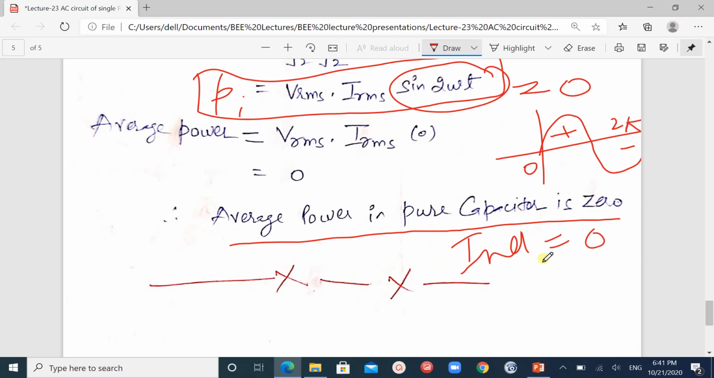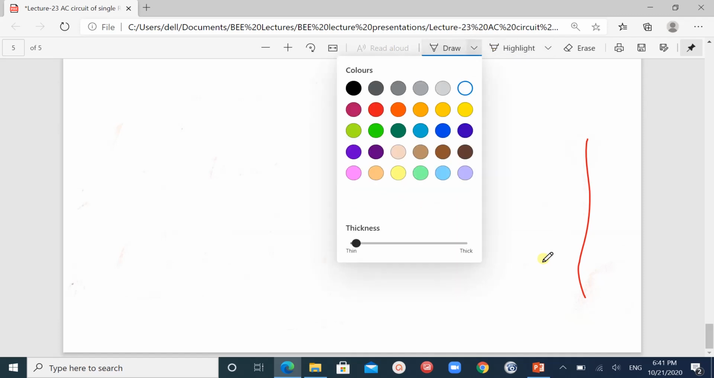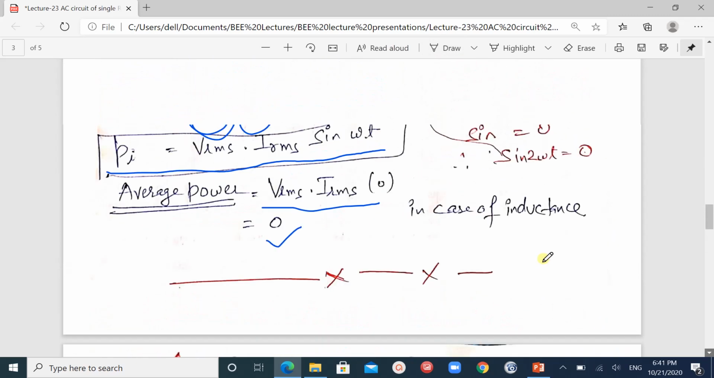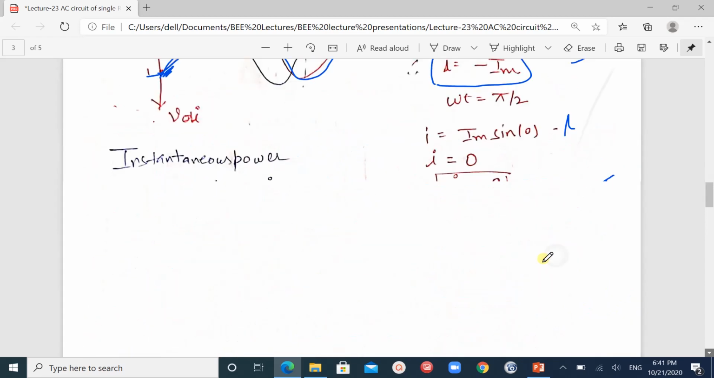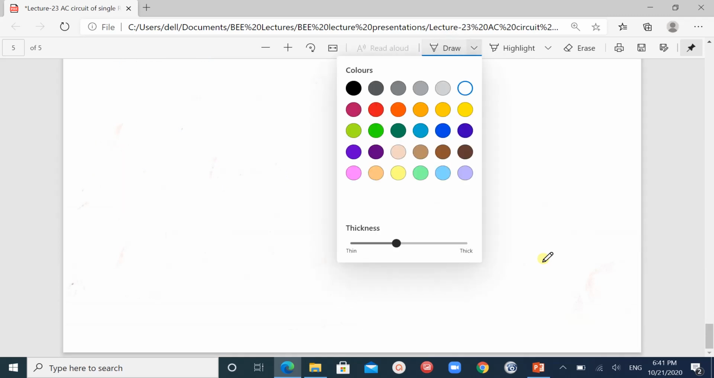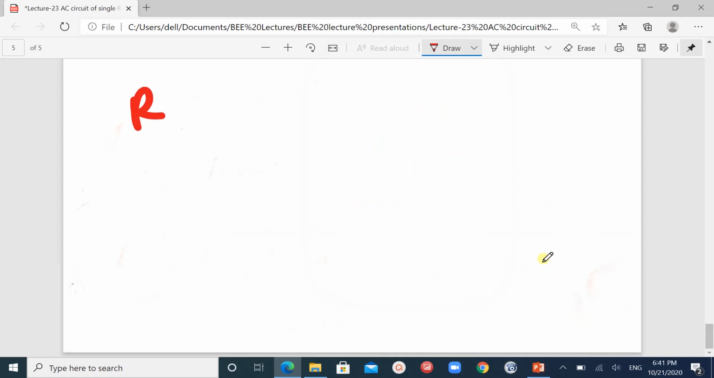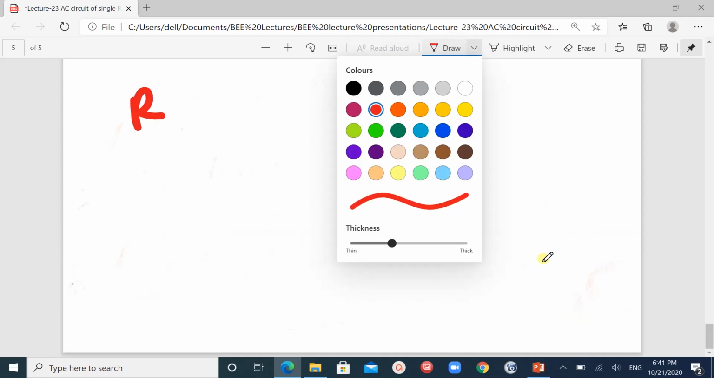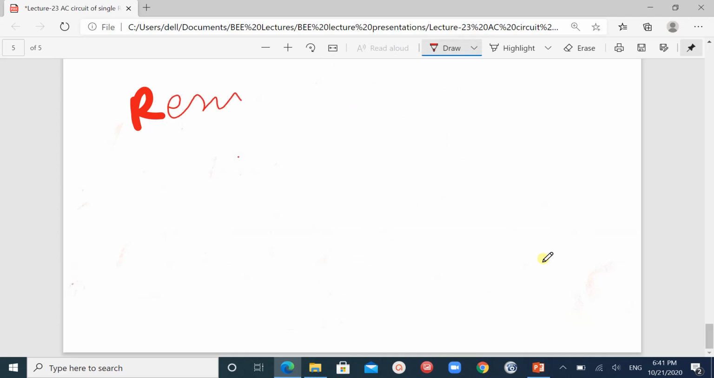So this is all about today's lecture. In this lecture, we have discussed the different parameters. We talked about pure resistance, pure inductance, and pure capacitance, and we discussed 3 cases. In the case of resistance,